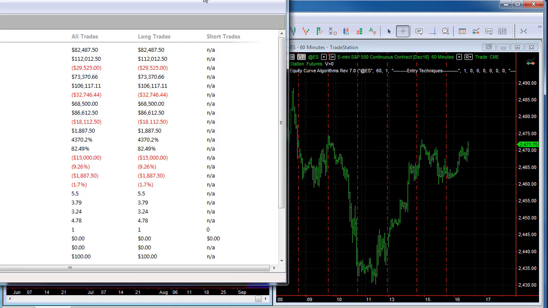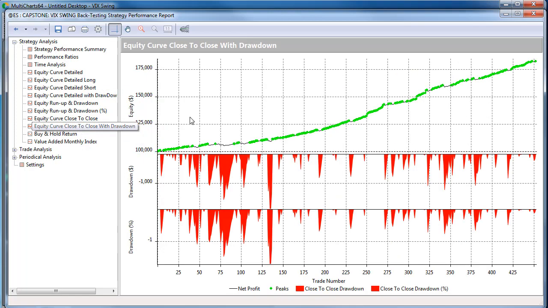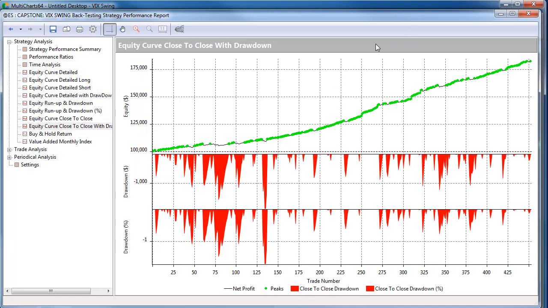This is VIX swing in MultiCharts. We're going to take a look at this strategy. Here is the equity curve. It's a very nice equity curve with a low closed trade drawdown, but the open trade drawdown is what we're